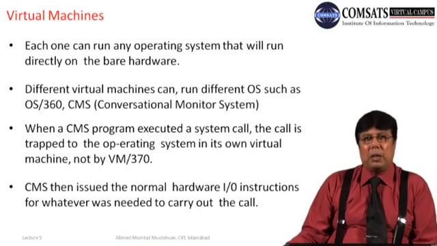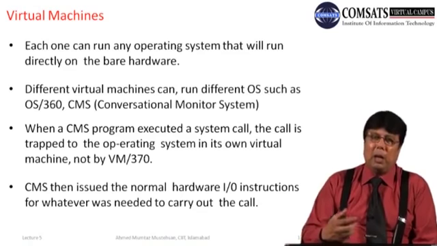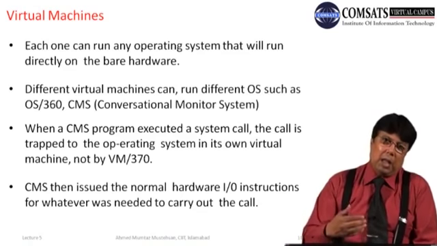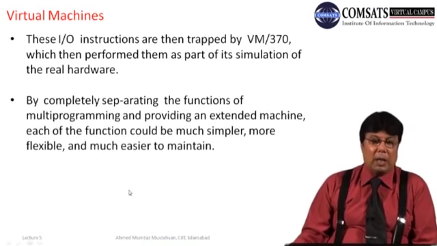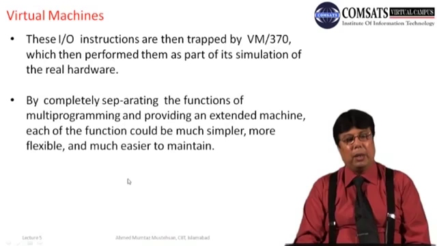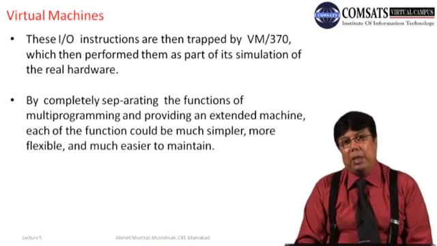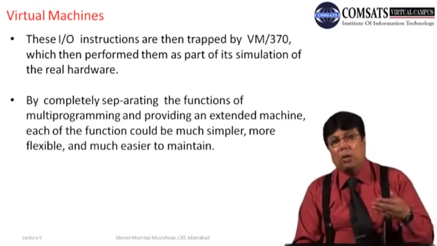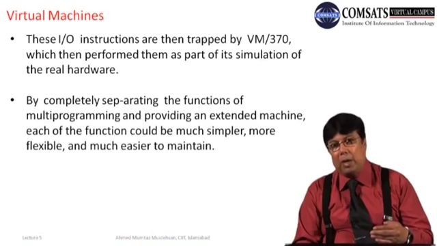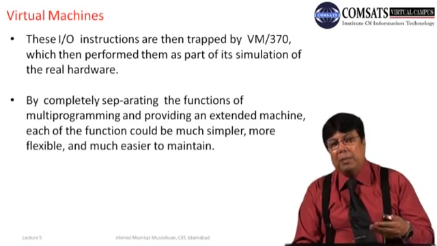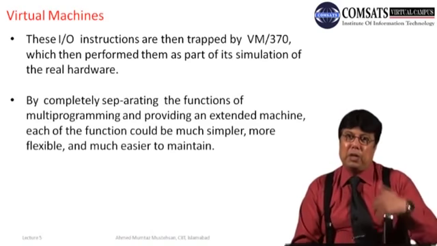जिस तरह नॉर्मल ऑपरेटिंग सिस्टम करता है कि वो ट्रैप को रिसीव करता है और ट्रैप को रिसीव करने के बाद वो हार्डवेयर के साथ कम्युनिकेट करता है, तो ये भी हार्डवेयर के साथ कम्युनिकेट करेगा। जब ये हार्डवेयर के साथ कम्युनिकेट करेगा, व्हाट विल हैपन? देन दीज IO इंस्ट्रक्शंस आर देन ट्रैप्ड बाय द VM370। अब वहां तो हार्डवेयर ही होता है नीचे, बट यहाँ पे हार्डवेयर नहीं है, यहाँ पर VM370 है इसके नीचे। सो वंस अगेन ट्रैप फिर ट्रैप हो रहा है।